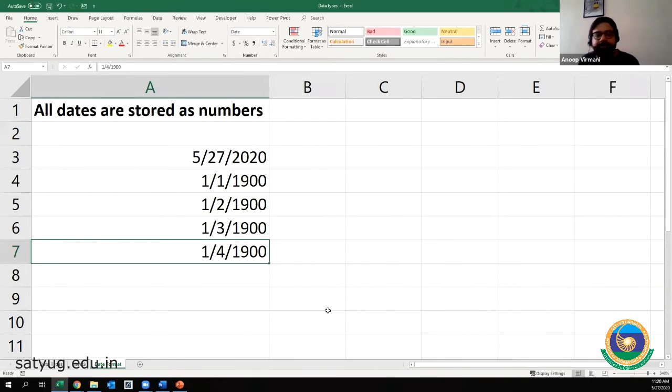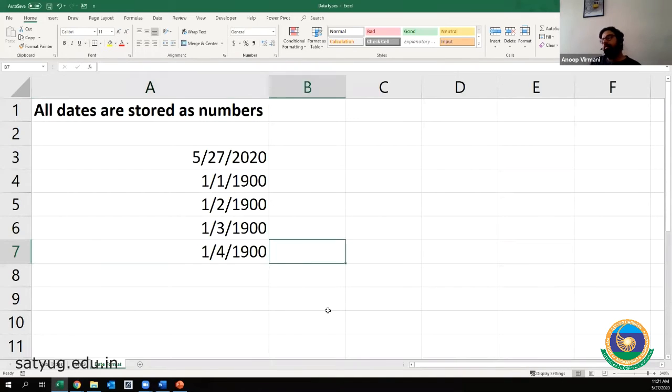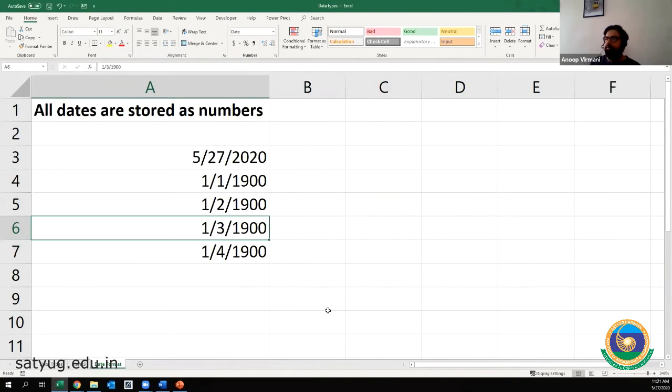So you have to be very careful while working with dates, and remember that in Excel the dates are stored as numbers.